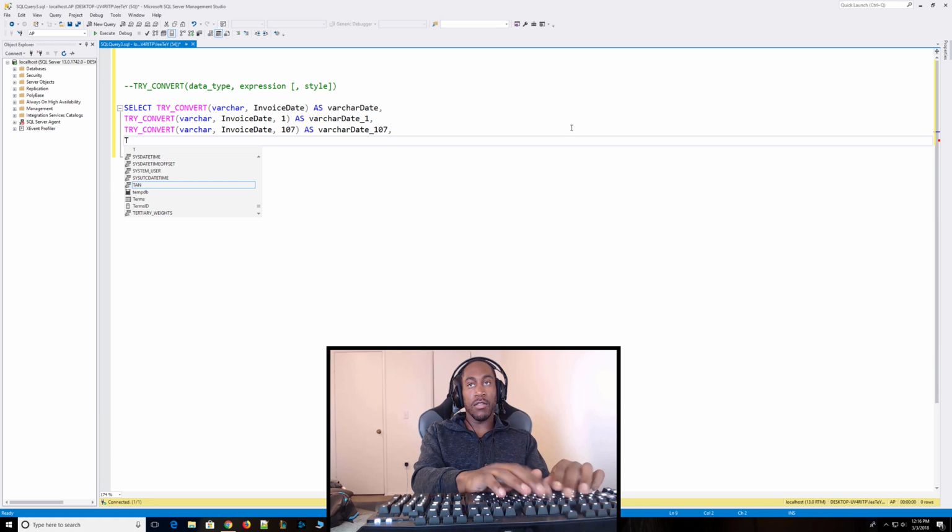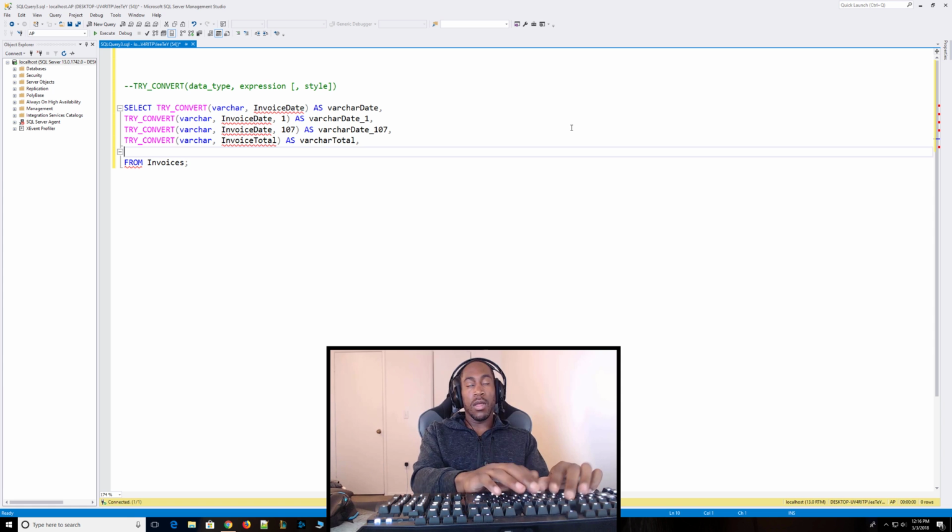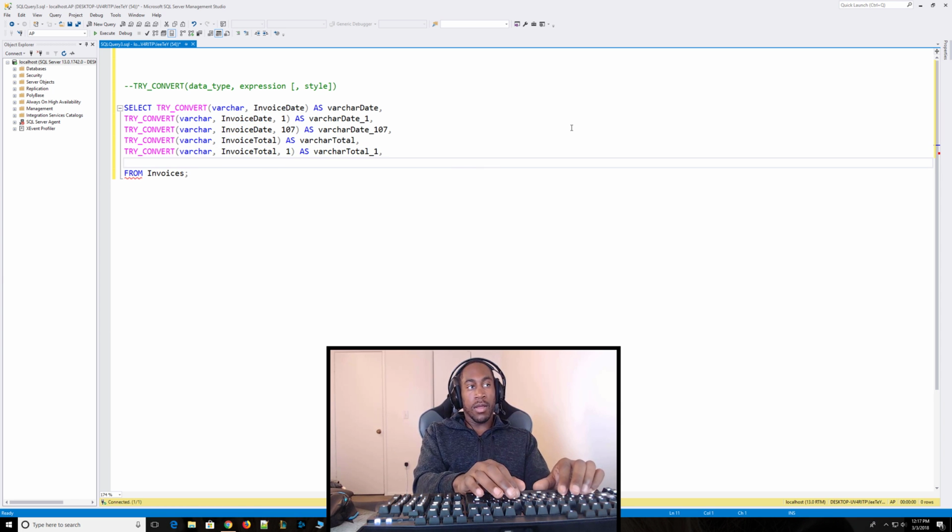Now, the next try convert is going to get the expression of my invoice total, and I'm not going to use an optional style parameter this time. I'm just going to name it as variable character total. And then for my next one, I'm going to again grab my invoice total column, and then I'm going to pass in a 1 for my optional style parameter, and I'm going to name it as variable character total 1. And now for my very last one,